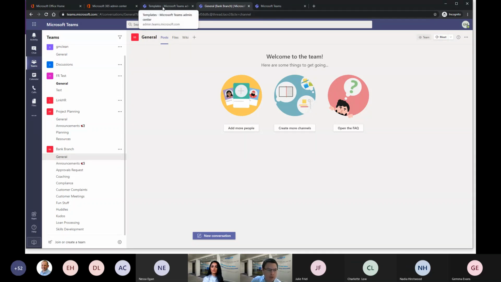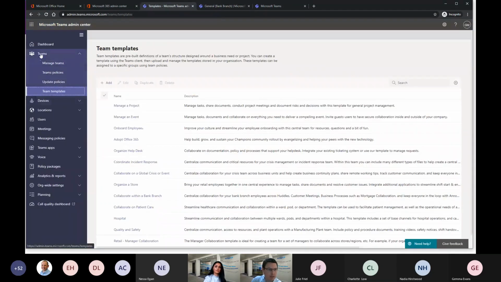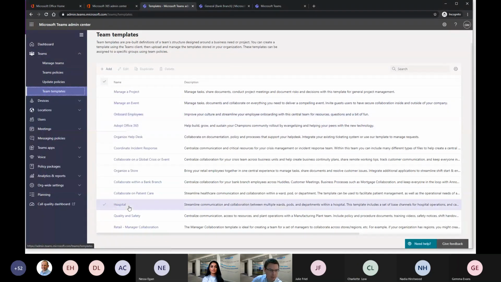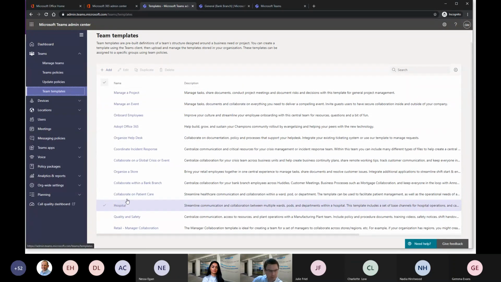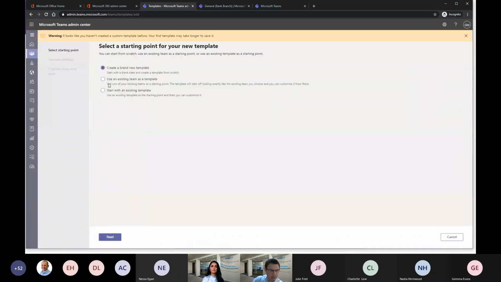So if I just jump into the Teams Admin Center, you can see from the Admin Center where you can manage the teams, you can see the team template section. And in here, you can see some of the templates that I've mentioned. So at the point where you go into Teams and hit new, you've got the option to create a team using any of these templates. But one other thing that you can do is you can add your own one. So you can create a brand new